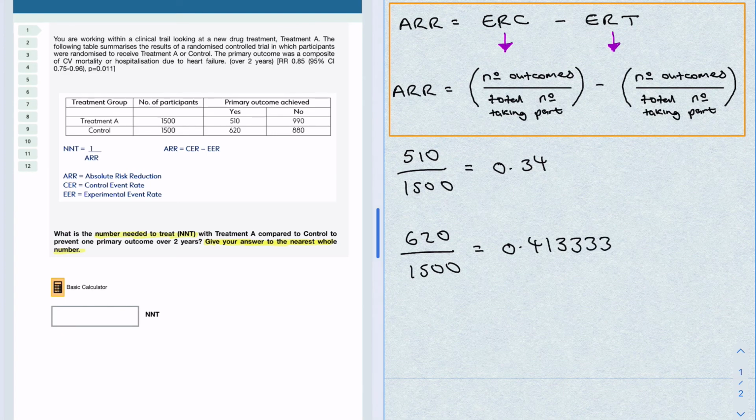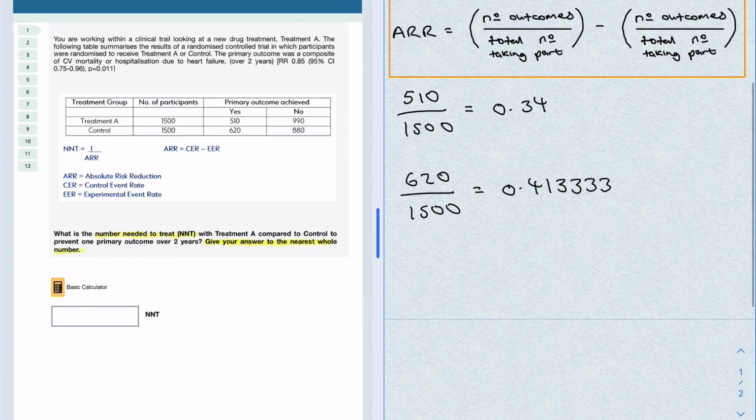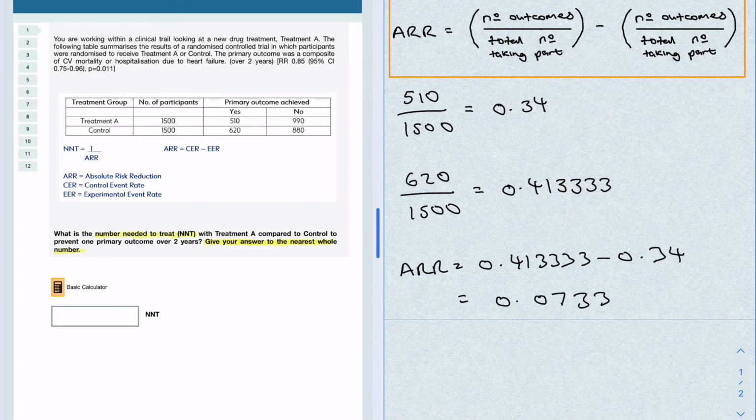620 divided by 1500, 0.4133. Now we can calculate the absolute risk reduction by subtracting 0.4133 minus 0.34. So ARR equals 0.413333 minus 0.34, which gives us an answer of 0.073333. Just remember that when you are doing these calculations, do not make the mistake of rounding up at any